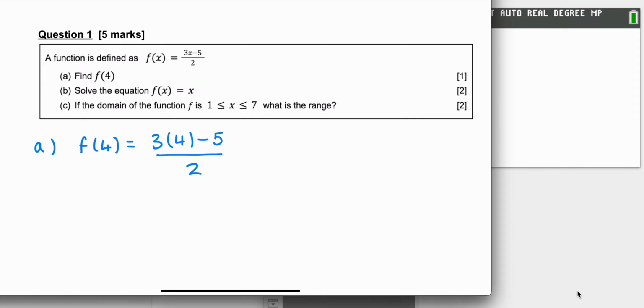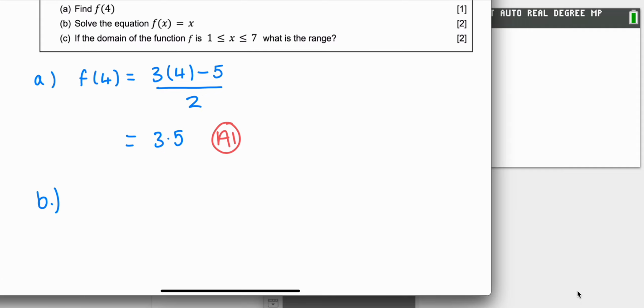And then you can type that into your calculator to solve, but you end up with 3.5. And that would be your final answer. So that's one answer mark, which is the total out of the first part. And then the second part